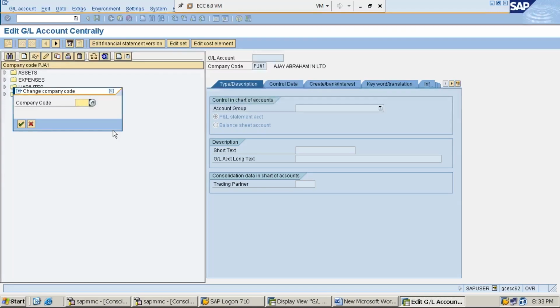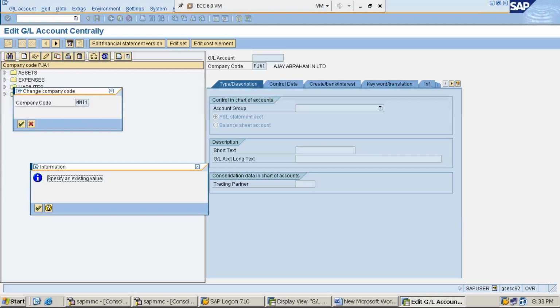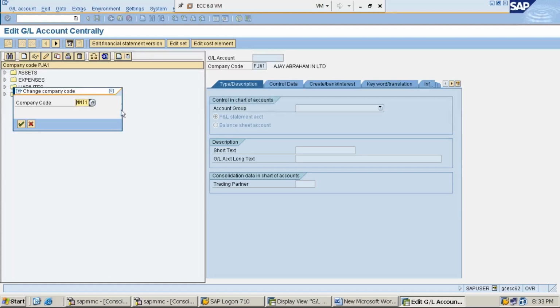Give the company code, our company code MMI1. Press enter. Ignore the message.